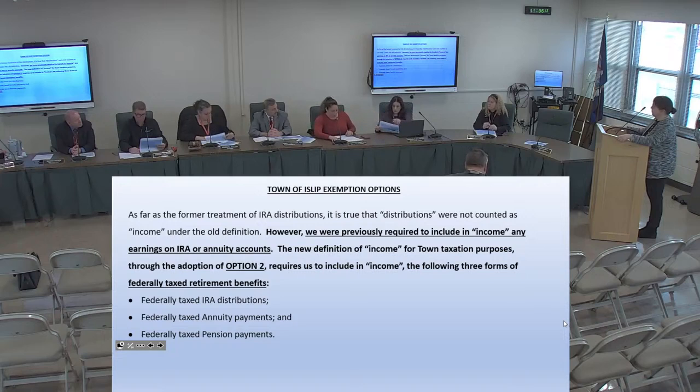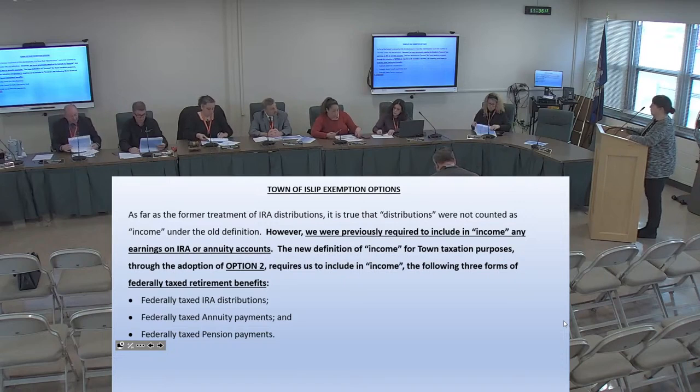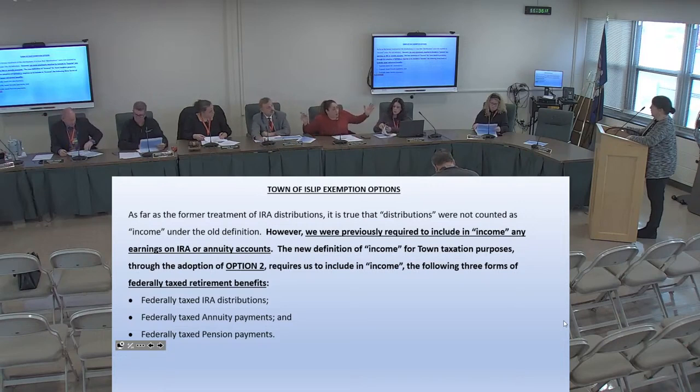I am just trying to find out what exactly this is. So we have now Suffolk County adopting something that the town is not adopting, right? It says the town of Islip only adopted option 2. Suffolk County did not adopt option 2. But now Suffolk County adopted option 1. The town of Islip did not adopt option 1. This makes it even more confusing. So now Suffolk County as a whole, which is Suffolk County, and